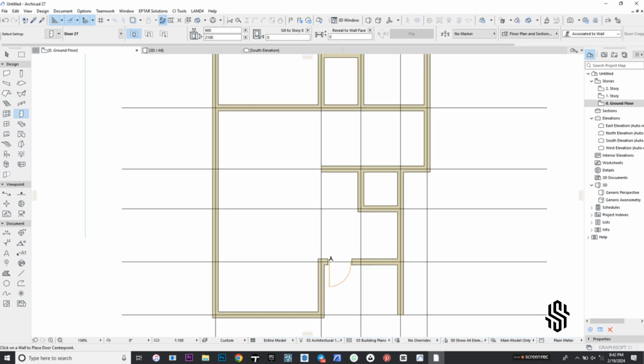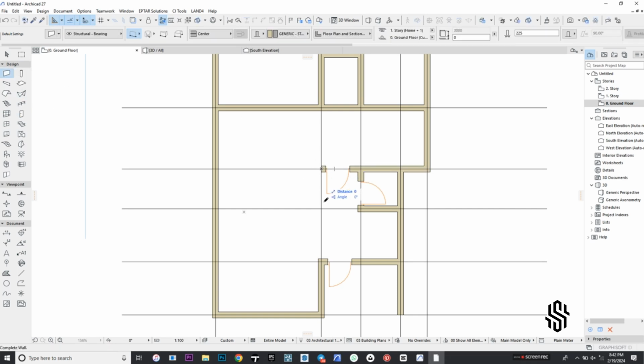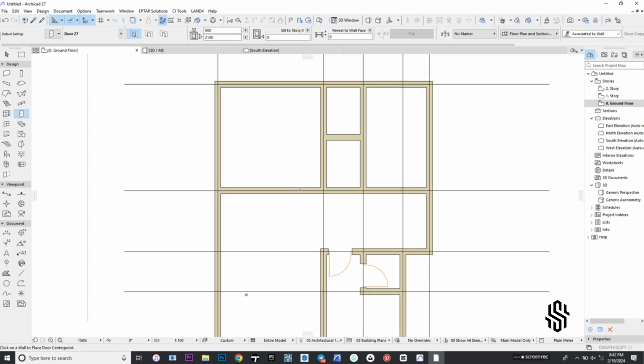Don't worry about the dimensions. What you need to do is place them accordingly. I'm placing the doors. And I just remembered that there's supposed to be a wall there, so I selected the wall tool and then placed it. Then go back to my door tool, place the door to the kitchen, the door from kitchen to the store, then door from the BQ to the toilet,